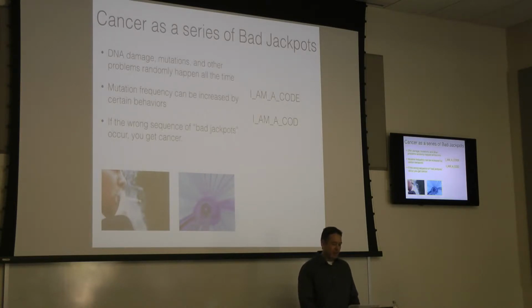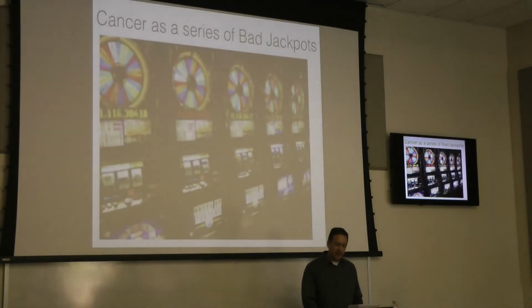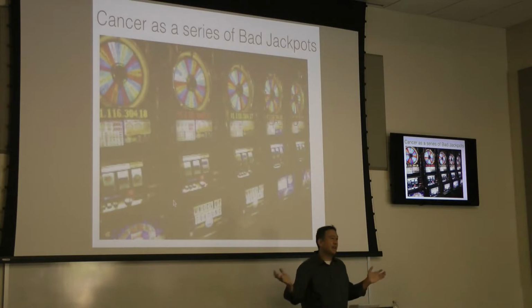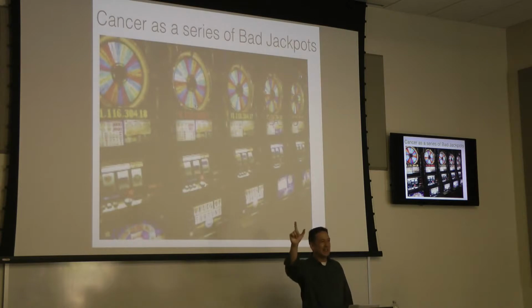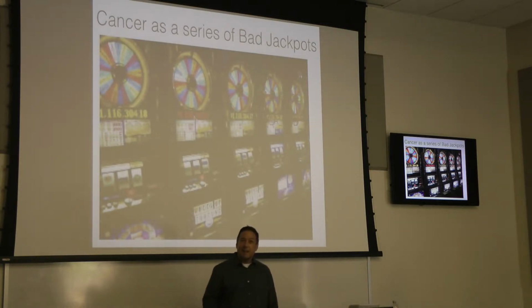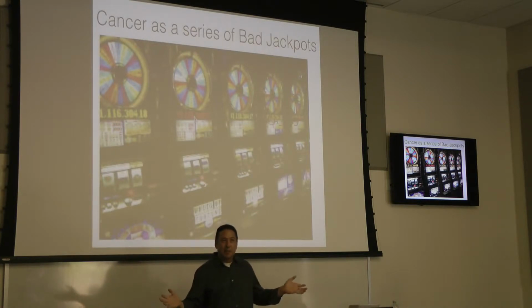When something like that happens, you can get cancer. So I think of it, again, if you've ever seen this machine, not that I go to Vegas much, but I have some dim memory of this. This is one where if you get like this jackpot, if you get like the Wheel of Fortune here, then they spin the Wheel of Fortune, and then if that thing hits, then you get like whatever, $1 million or something. So that, right? I mean, people aren't getting cancer all the time, but they get it a lot.